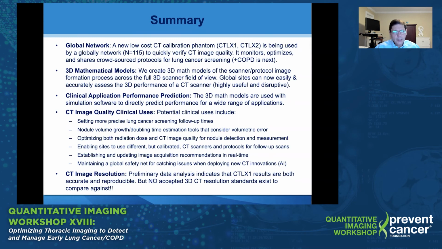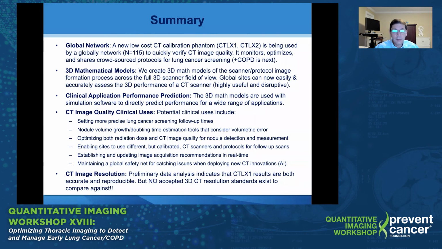But the more exciting thing to talk about here for this panel is going to be the potential clinical uses of CT image quality information, such as setting more precise lung cancer screening follow-up times, doing better nodule volume growth or doubling time estimation, and also putting error bounds on those estimations, optimizing both radiation dose and CT image quality for nodule detection and measurement, enabling sites to use different but calibrated CT scanners and protocols for follow-up scans,